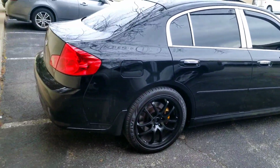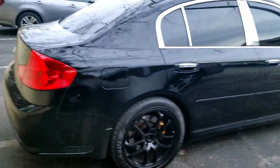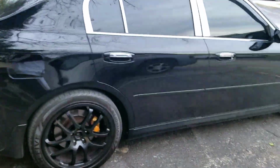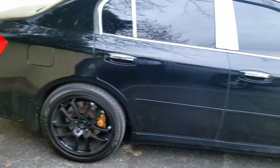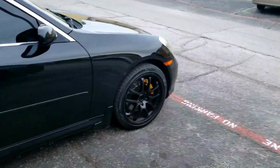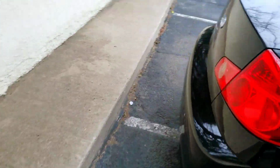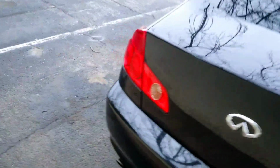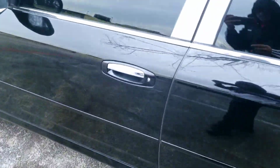I was looking for a 350Z. I really was looking for a 350Z. Just ended up coming across a few 4-doors that were manual, and the 350Zs that I was looking at were too much of a trip to go pick up, and the ones that I did look at were about the same price or more expensive than this, and they were just base models. This being a sport,